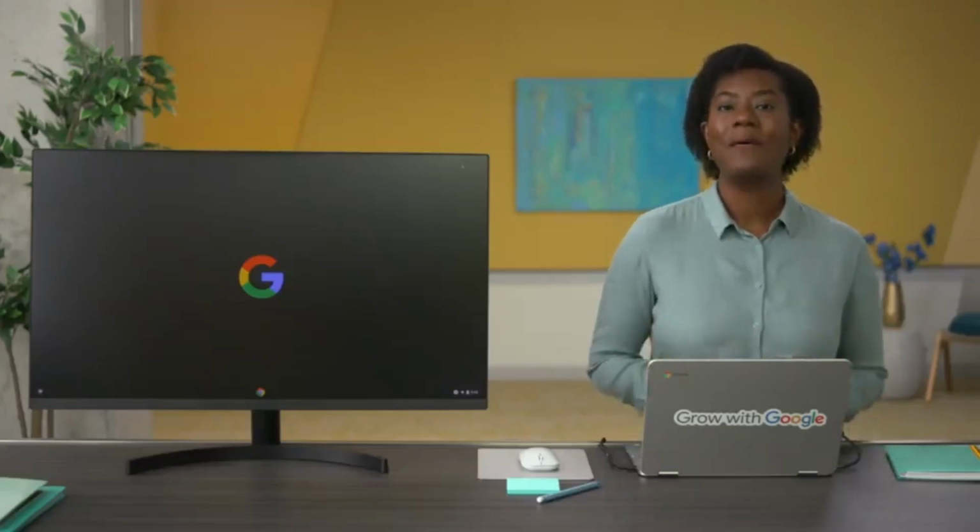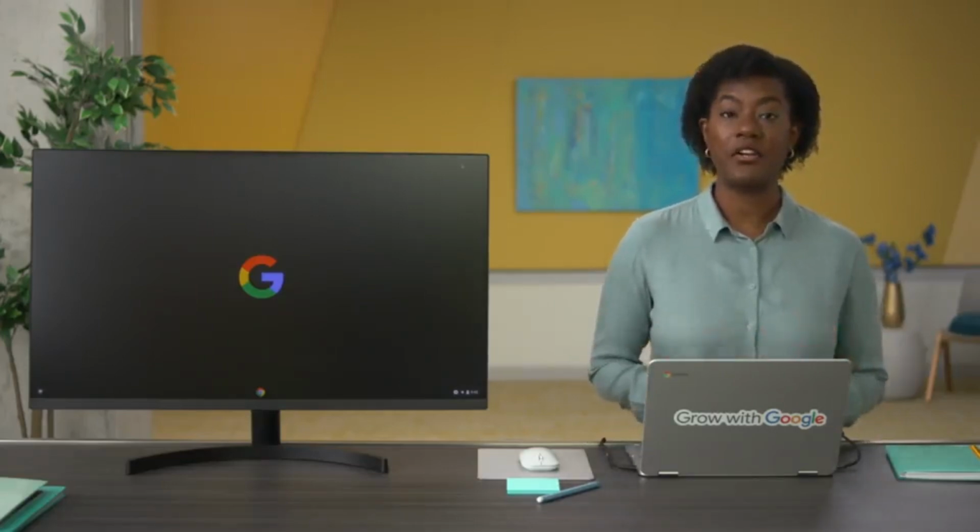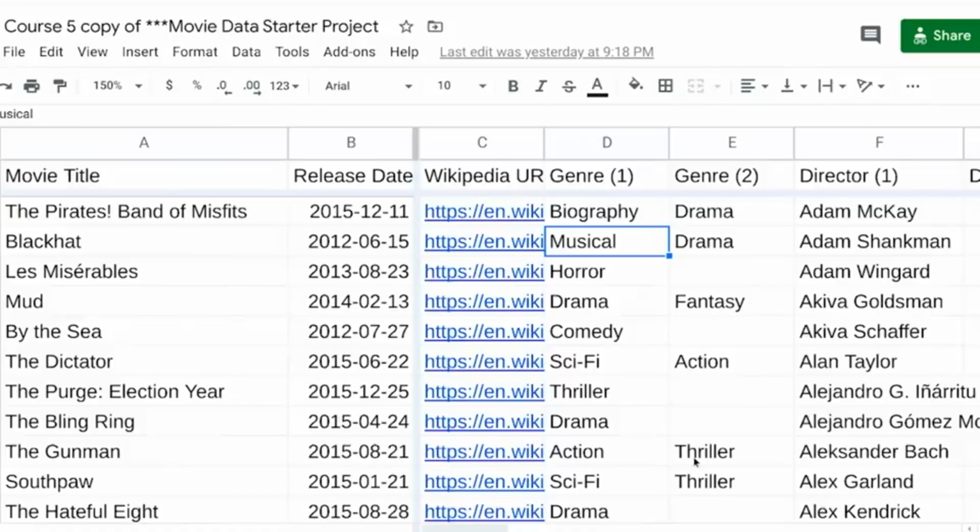Now, depending on the program you use, the process might seem slightly different, but the instructions and concepts we discuss will be basically the same. Okay, back to sorting with the data menu. To give you an idea of how to do it, we'll use the movie spreadsheet. Let's check it out. In this example, we'll sort movies by release date.